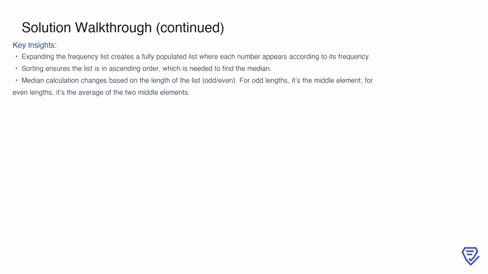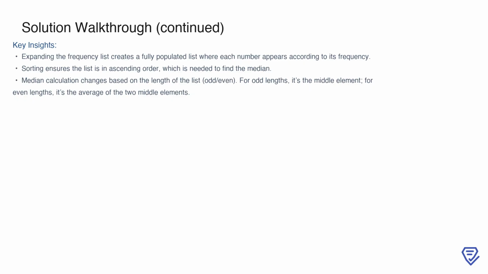From these examples, we can take away a few key insights. First, expanding the frequency list ensures that every number appears in the list according to its frequency in the input. This step is crucial for median calculation. Second, sorting the frequency list guarantees that the numbers are in ascending order, which is necessary to identify the middle